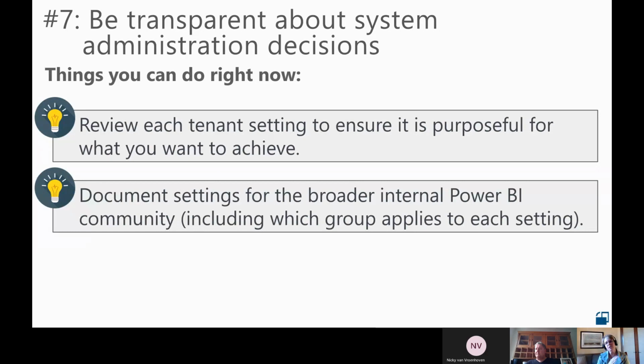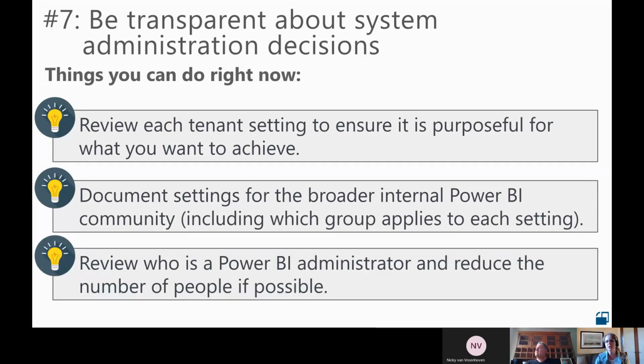Document those settings for the internal Power BI community, including which group to ask to be a part of if you want to do this thing, like push apps to users, for instance. Once it's documented and broadly available, then people don't just go and make changes because they thought it was a good idea. At least I hope not. And then take a look at who's a Power BI administrator.